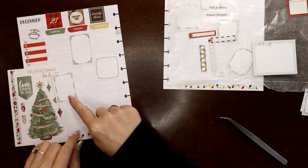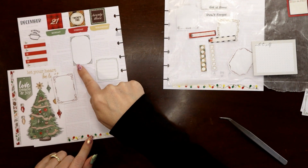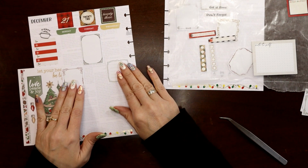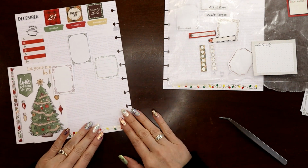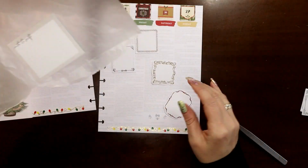More like this though. And the reason is these are all in the red family, and I didn't like them all three up there. And then I've got kind of a greener with a greener. So I think this more evenly distributes the colors. And then I'll put my to-do box down here. Okay, I like that side. Now if we look at this side,